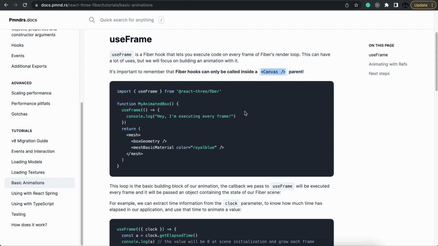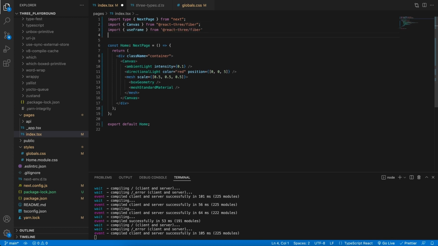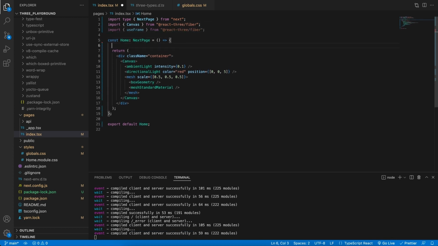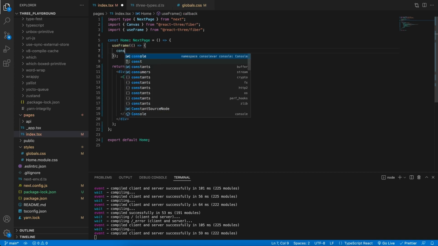Well, under the hood, the canvas element from React Three Fiber gives us this loop, and we can access it using the hook useFrame. But it's important to note that you can only ever use these hooks inside of the canvas element. Let's see how this works. So I'm going to be using the useFrame, so I'll copy that and paste it here at the top. Then before we return, I'm going to make some space and use the frame hook here. Let's give it a function. And then inside here, I'm going to console.log